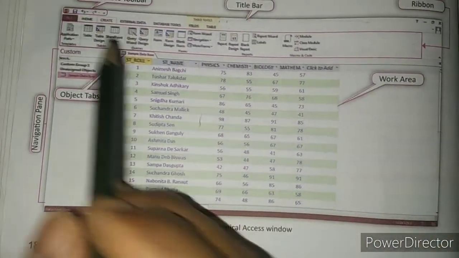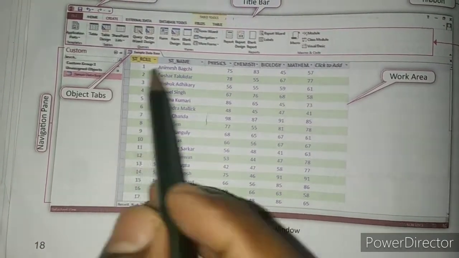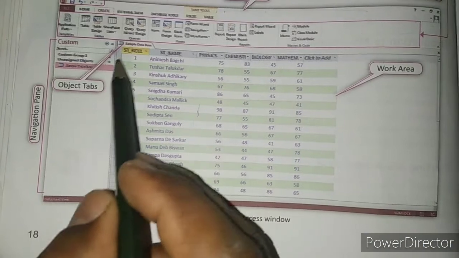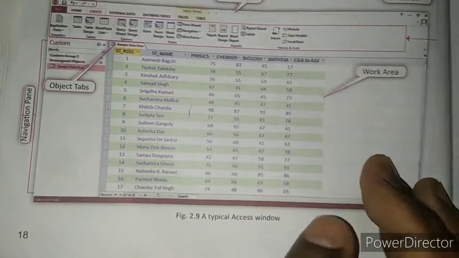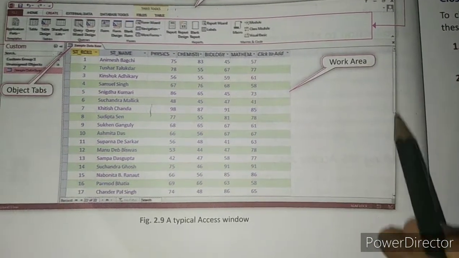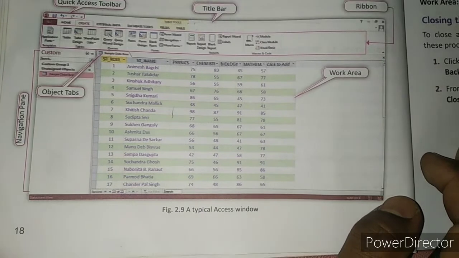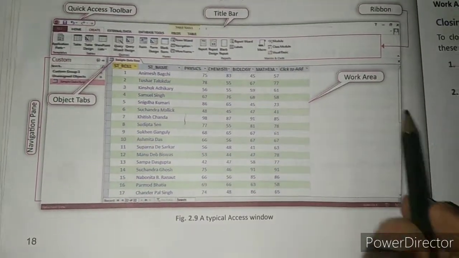Now this is the object tab. When you click on this, the objects appear which can be utilized, and this is the work area where you can work on the tables. One more thing is the navigation scroll bar. You can scroll down and up using this scroll bar.